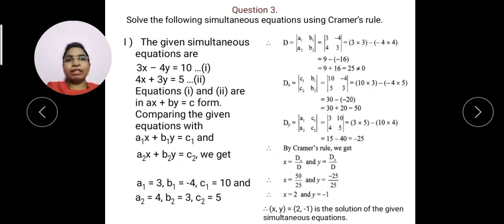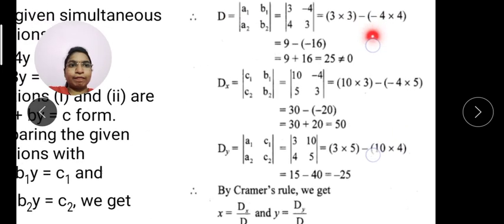How this formula is derived, that also I explained to you in the earlier period. So now, when a question like this is asked, there is no need to derive the formula; you can directly use it. So by using the formula of D you can easily find the answer.